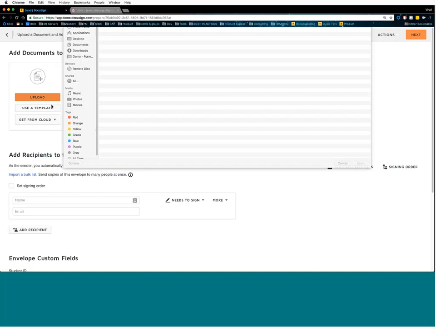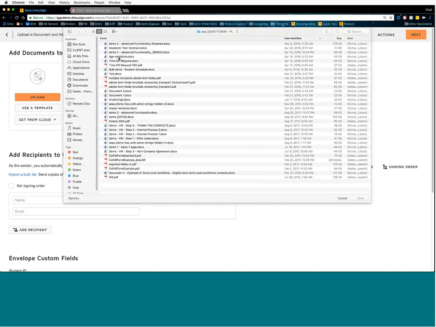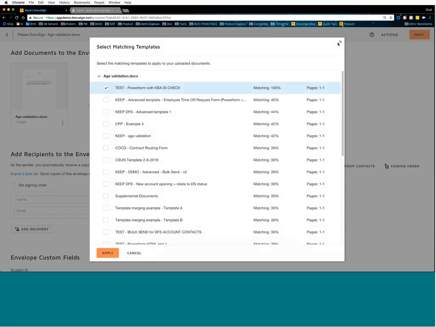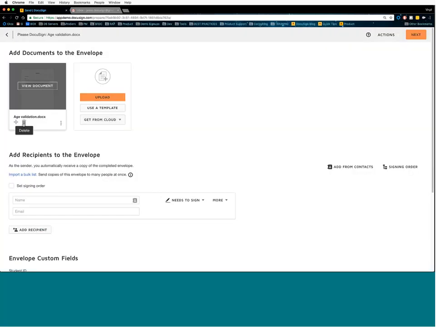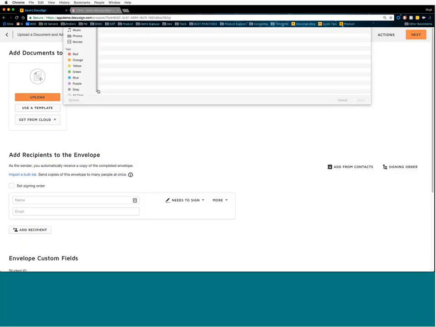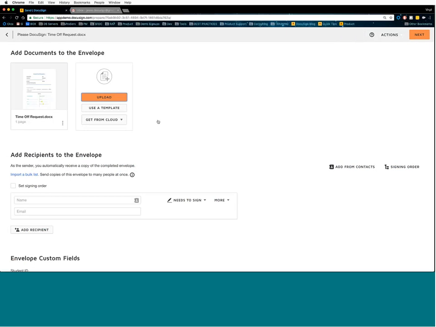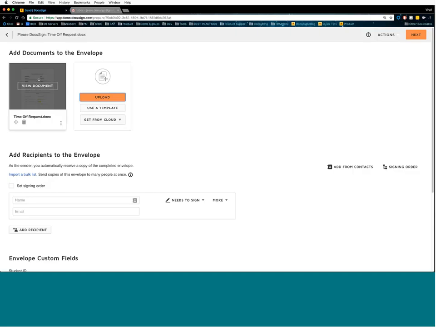But what I want to show you is what happens if we want to upload a custom form. So let's say you're uploading a document from your computer, and you want to send that version out for signature instead of the static placeholder document that was sitting inside the template. Oops, I uploaded the wrong form, so let me click upload, and there we go. So where I'm going with this is, you can upload your customized form, and then you can apply your template settings on top of this custom document,